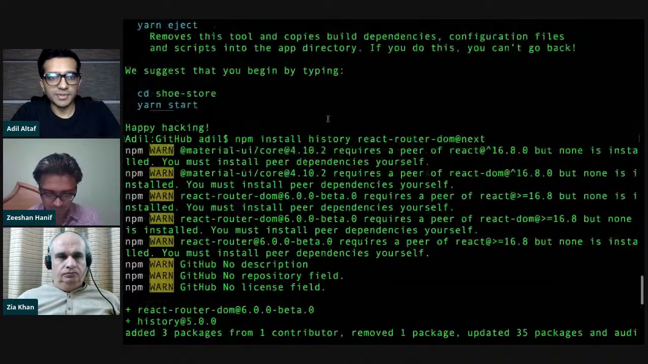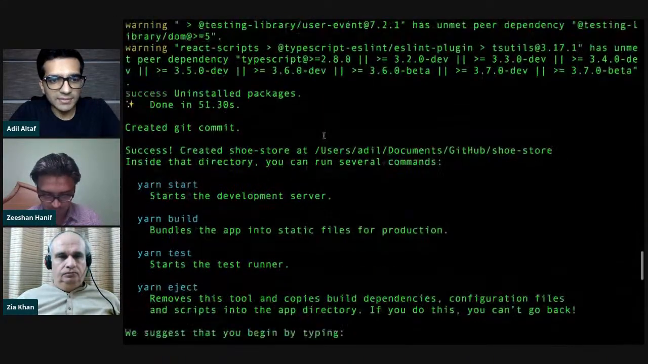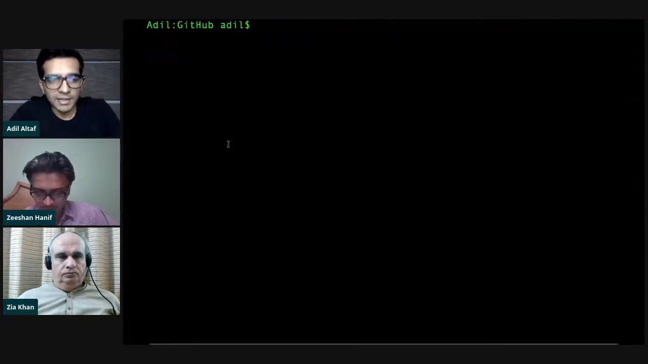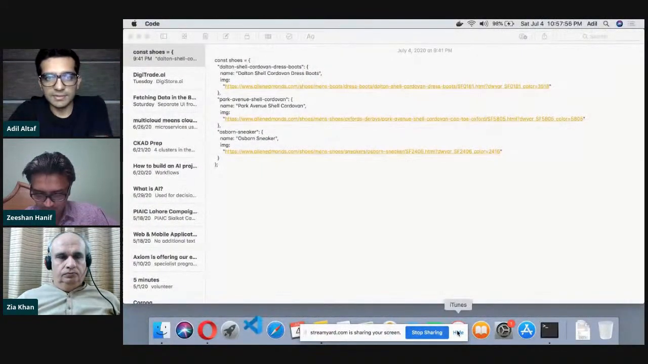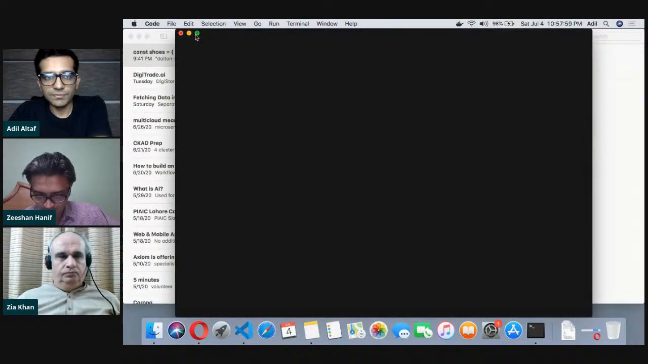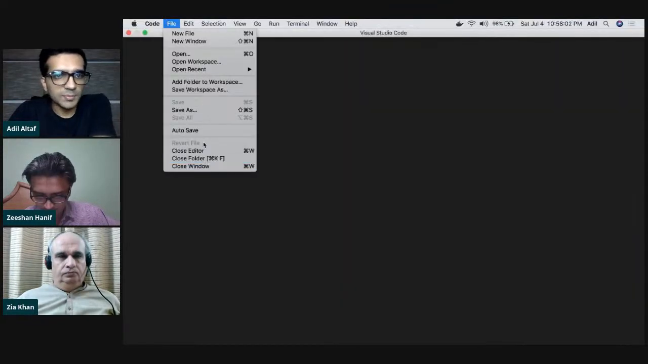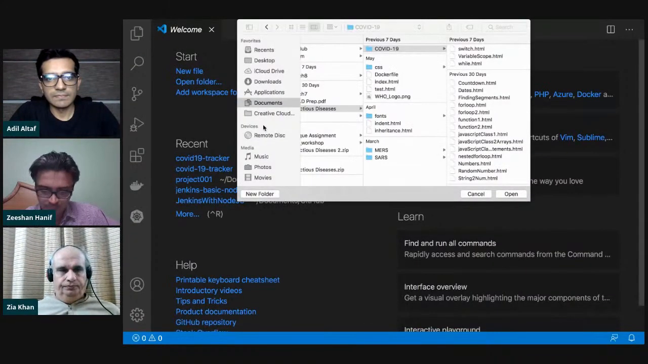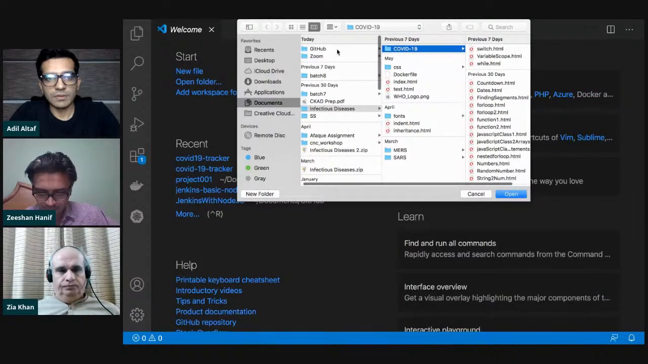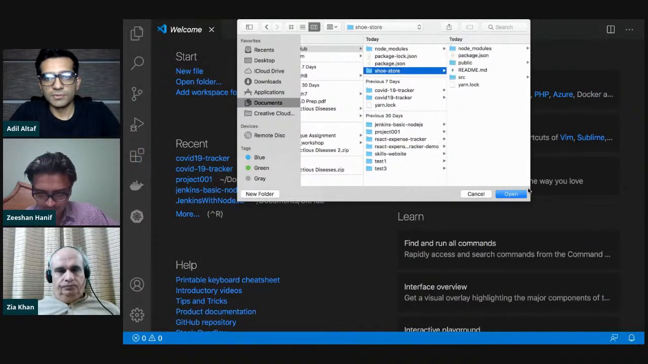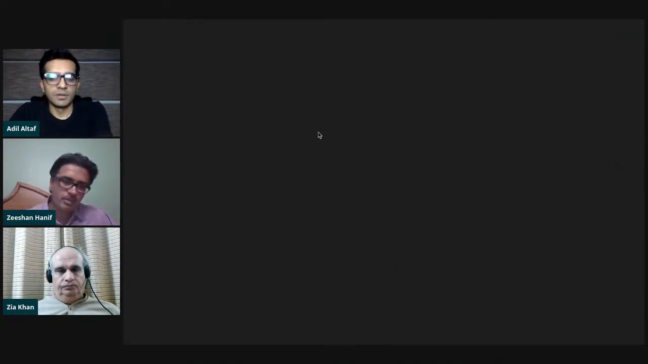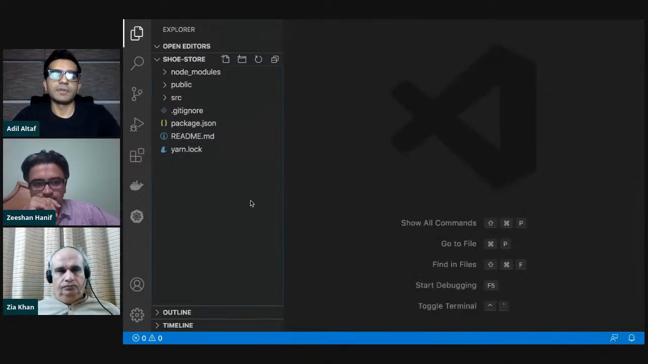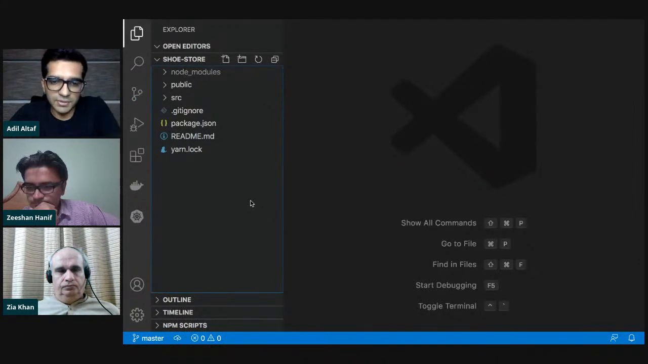I created a story while we were doing the class, and I've installed the React router DOM version 6. So let's try to open the project folder. So what we want to do in this project is use the React router that we just studied in